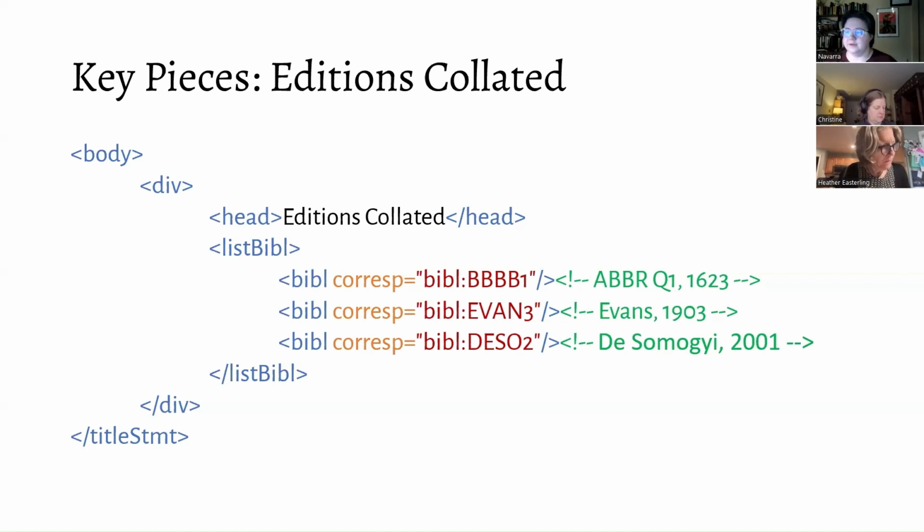The first one will be for your editions collated. This looks pretty much the same as your list wit in your collation file. This is just your list of witnesses, but in your bibliography now, so that people have access to all of those in one place, all of the sources that you use for your edition. In here, we're encoding it as a listBibl. listBibl is our bibliography list. Each kind of contained bibliography gets wrapped in a listBibl. And each entry is going to have a bibl element